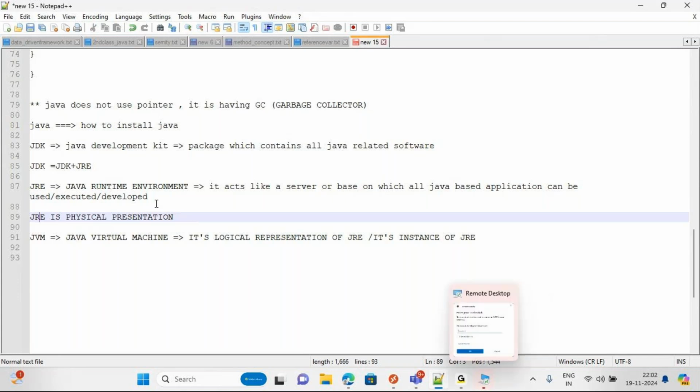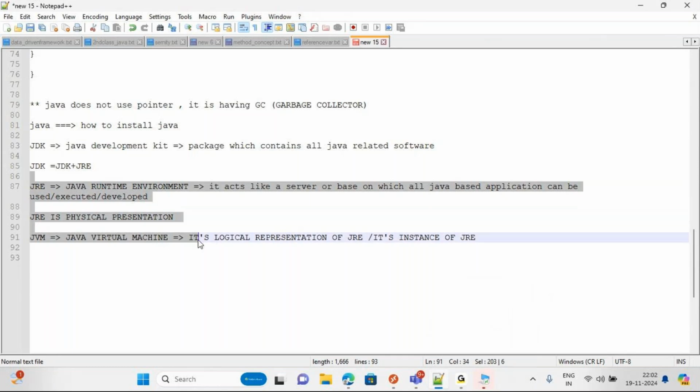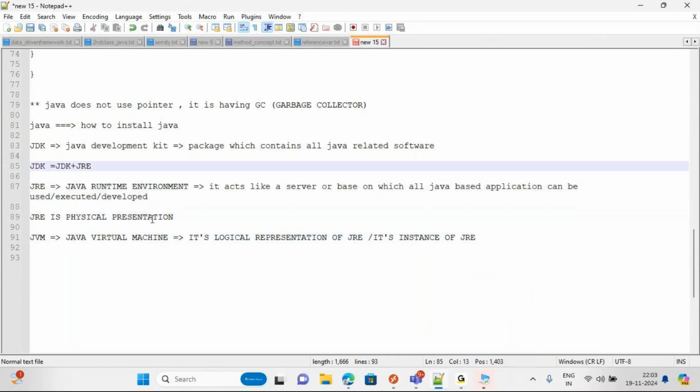So Java is made of JDK. JDK is the Java Development Kit, which will help you write code on any platform. That platform is called JRE. On top of the JRE, using the JDK, you can develop applications in Java. JDK will help you, and JRE is the base. It will incarnate, emanate, and launch JVM, and JVM is responsible